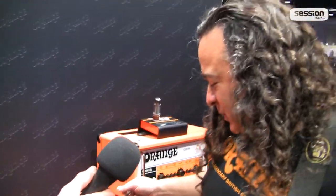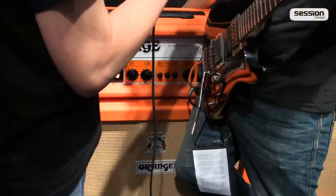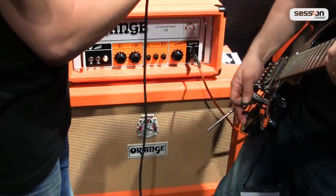The cool thing about it is it switches between Class A and Class AB. So there's a switch around the back of the amp there. And that's now in Class AB. Let me switch back to Class A for a second and bring the gain way down, and you'll hear one of the...